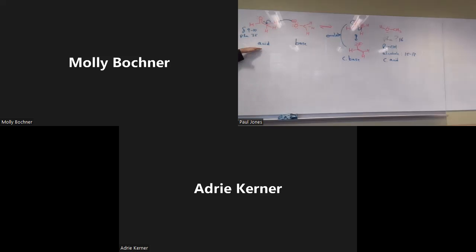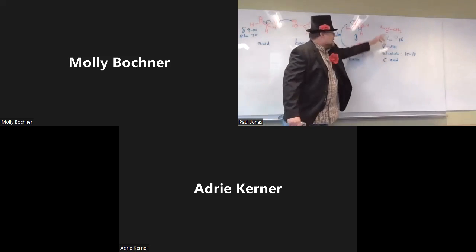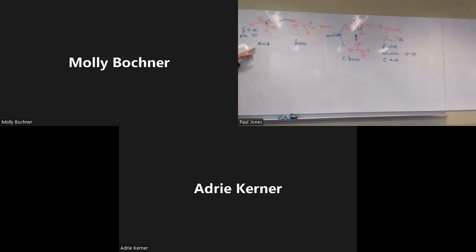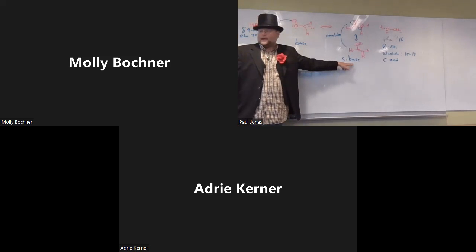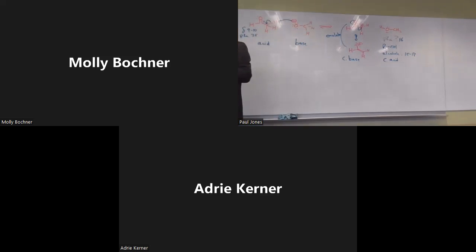So we either compare the acid and the conjugate acid, so methanol versus acetaldehyde, or the base, methoxide, and the conjugate base, the enolate. Whichever one is more stable, that side of the equation is going to be favored. If you use pKa's to do this, you can figure out not only which side is favored,